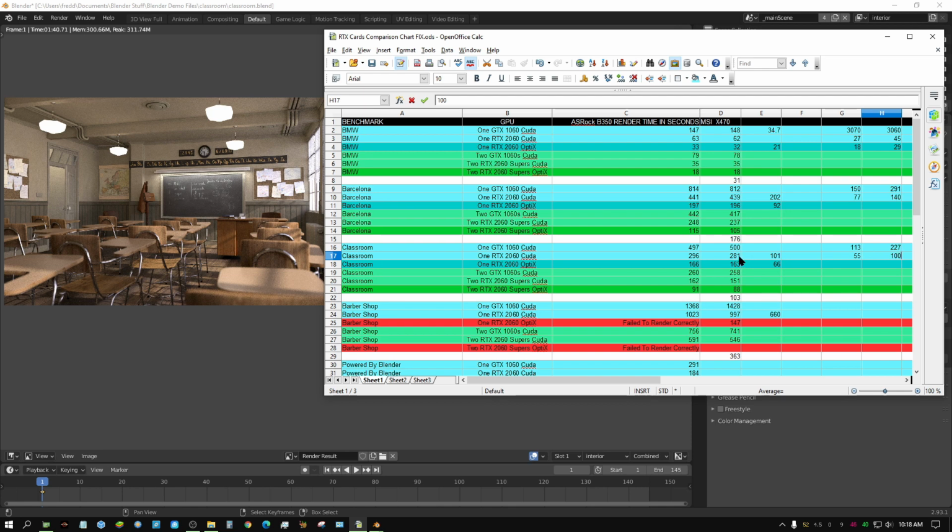That makes me think that if they would have just created something like a 2060 Super, but with 12 gigabytes of VRAM, that would probably have been a pretty good deal. In OptiX, it took 100 seconds, and the 2060 took 163 seconds. So here's where the